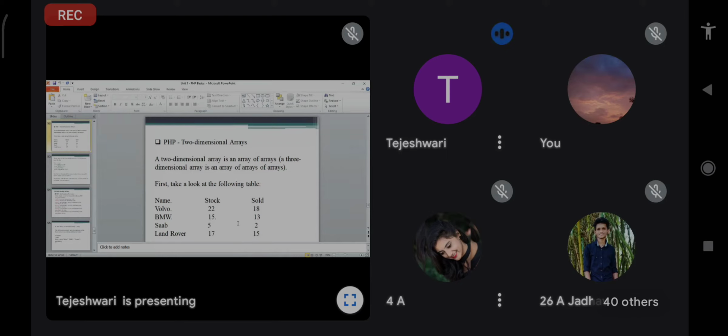What will be the output for the 0, 0 position? All of you are aware about rows and columns, yes or no?